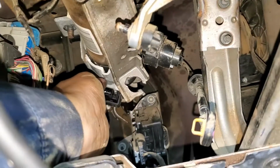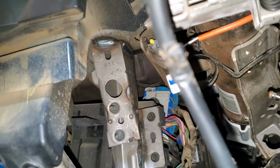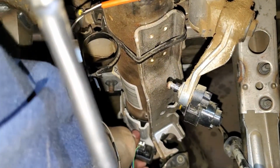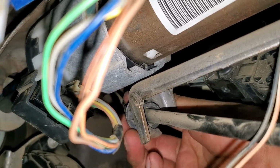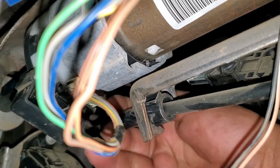Alright, so it's time to remove the little thing that this came with. That one, just connect that back into there. Connects really nice. And then I'm going to put this end again into its place. It has this thing, really cool. It just slides in,